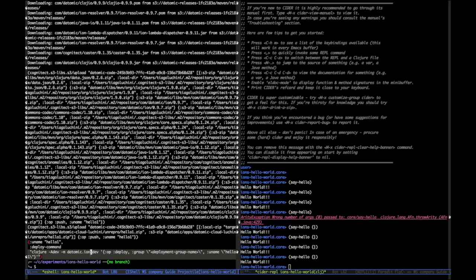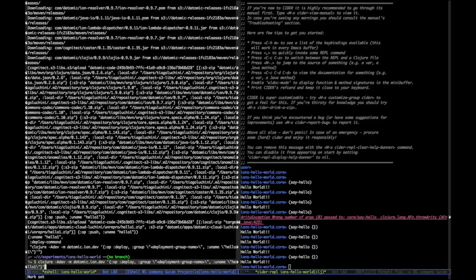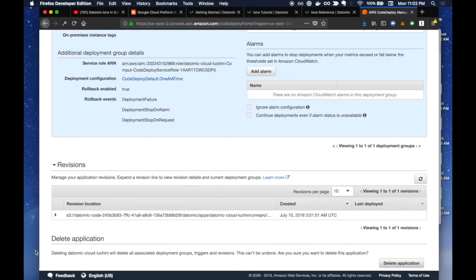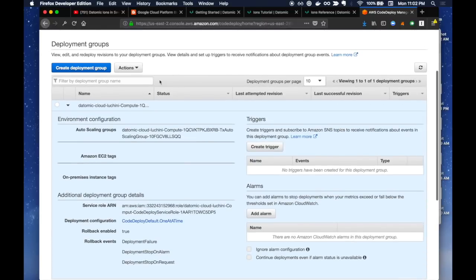What we're going to be doing next is running a similar command like this one. I'm going to even copy and paste it from what it proposed to me. So it's a Clojure command, also using the Datomic Ion dev. The op now is deploy. We want to deploy a very specific revision to a very specific deployment group. So the name of the deployment group is something that we copy from here,